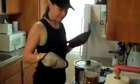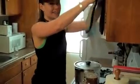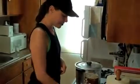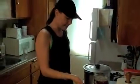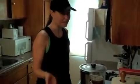I'm splitting this up. Half for me, half for my fiance. And, sorry, honey. Thank you for doing this with me. It's good to have some support, you know. So I'm going to take half of this and put it in another container. I don't know, I gotta find one. And then he's going to have half, and we're going to sip this all day long,